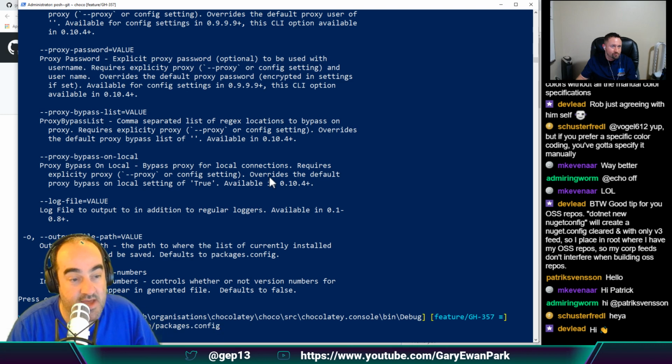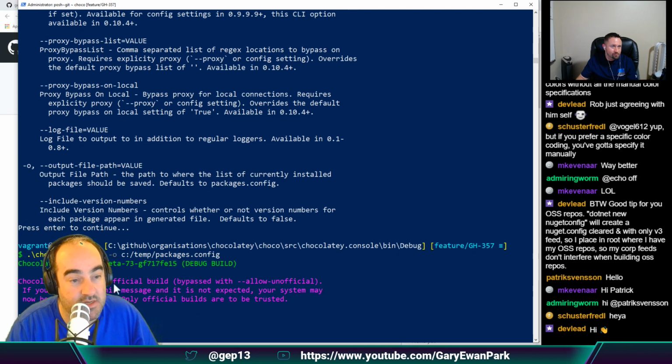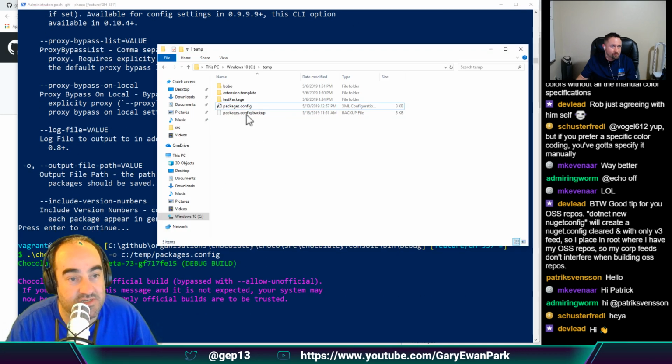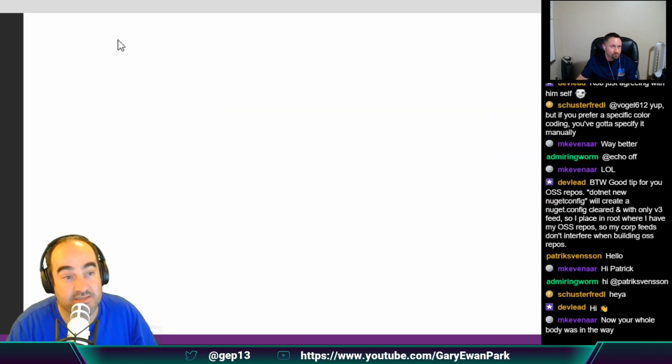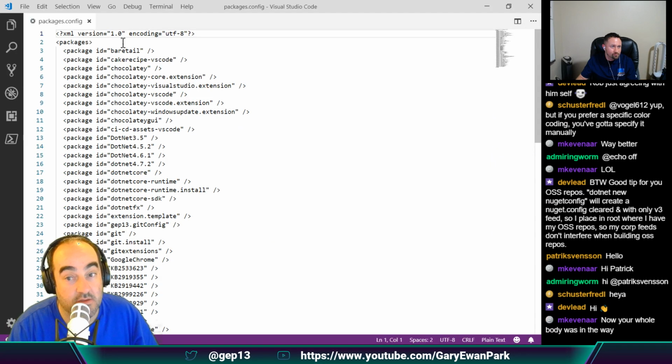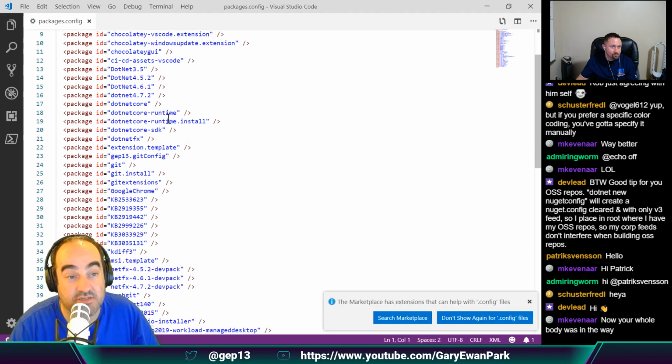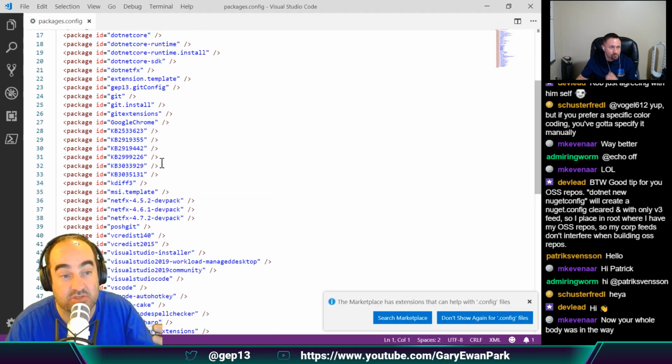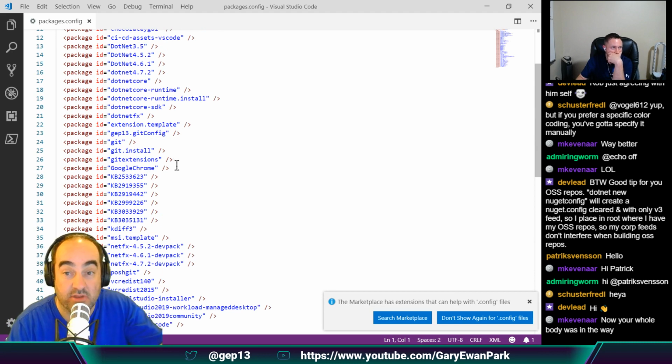And then if I run that and then go over to my c temp folder, there's one I created earlier, so I'm going to delete that one. If I open this up in code, what we'll get is a list of all the currently installed packages that I have on my machine, exported into a file that can then be replayed to